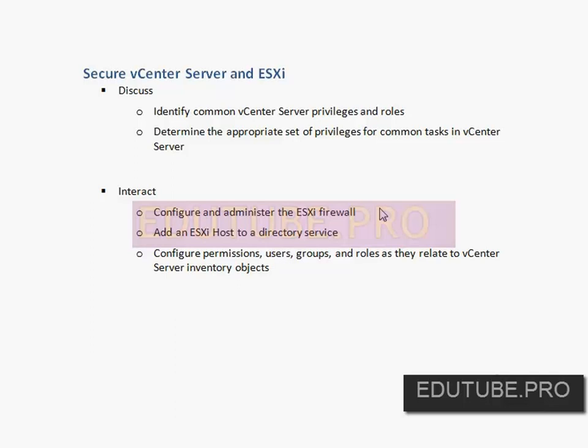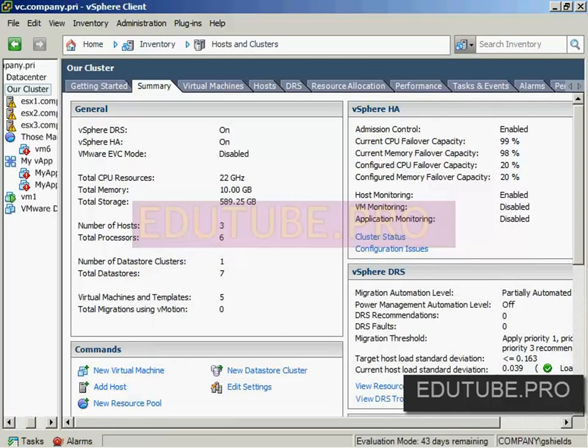Very intelligent. And then also we're going to go through the whole process of identifying what the privileges and roles are, what the different tasks are inside of vCenter Server, and how you would configure those permissions, users, groups, and roles. But let's begin with taking a look back here at our vSphere client, same thing we've been working with